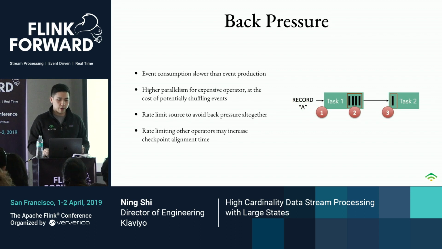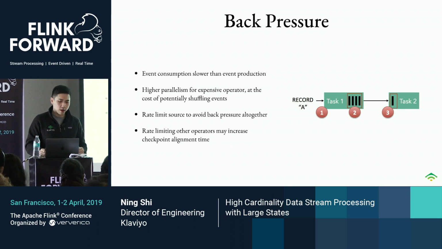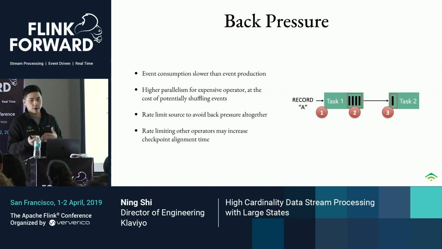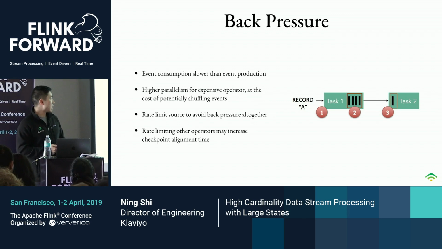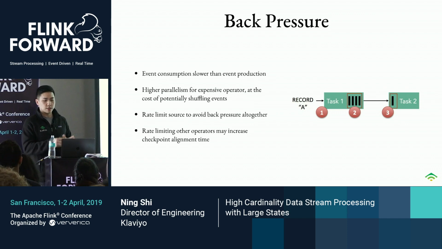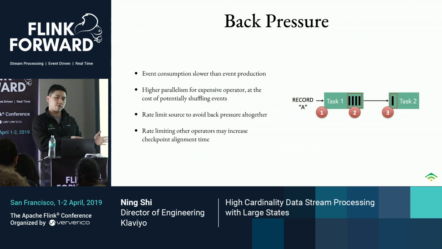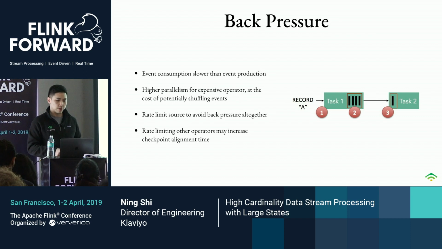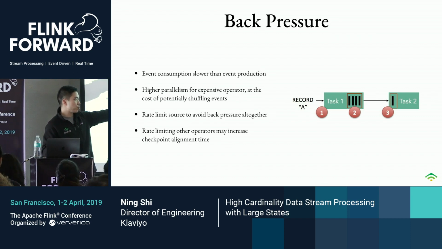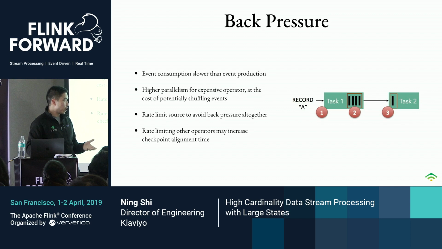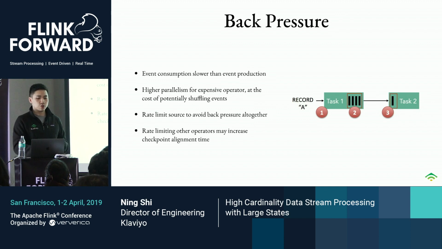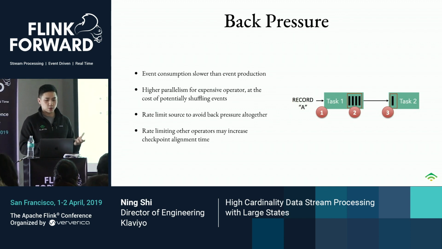The next one I want to talk about is back pressure. Back pressure is pretty common when you have a spike of workload. And that's typically caused by the event consumption of a single operator being slower than the event production of the upstream operator. So in this picture, you can see task 2 is running slow at the moment, and task 1 tries to send more stuff than task 2 can handle. So that generates back pressure upstream, basically telling task 1 to slow down a little bit because I cannot keep up with the